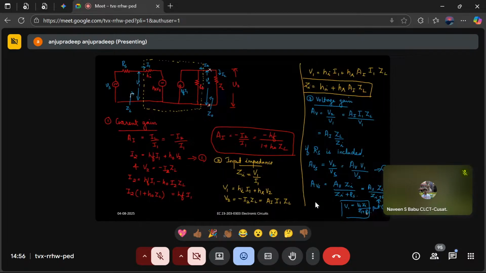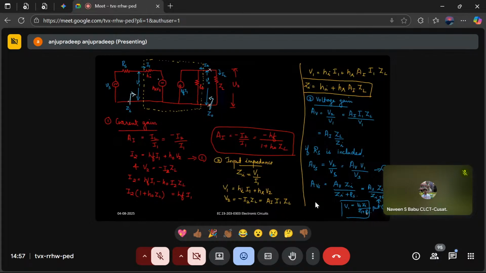The arrow is shown pointing inwards. It means I am looking at the circuit standing at this point. And at the output side, again, I'm standing here and looking at the circuit. So what is the voltage and current? That will give us at 0. Here I look into the circuit. What is the voltage I see? V1. And what's the current? Again, I see that is I1. So V1 by I1 will give input